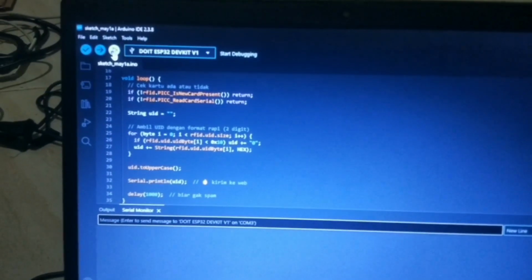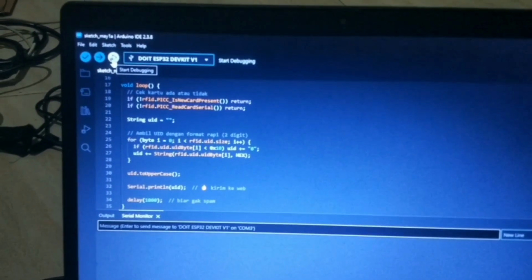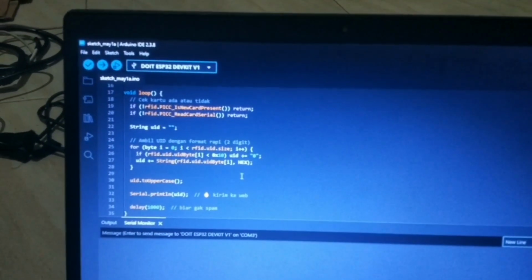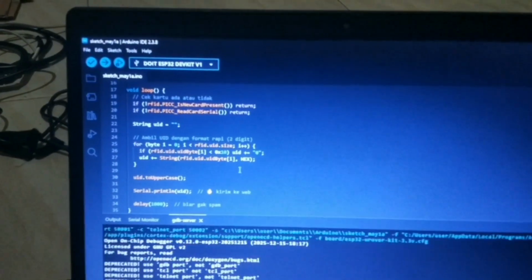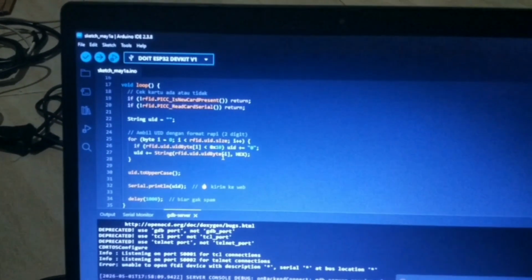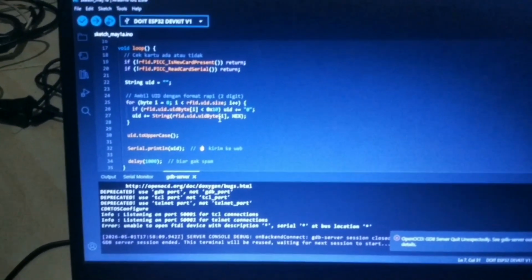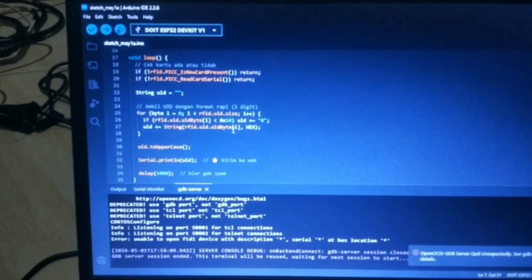The RFID module is connected to the ESP32 using jumper wires with specific pins such as SDA, SCK, MOSI, MISO, RST, and GND. Make sure all connections are correct to avoid errors during the reading process.